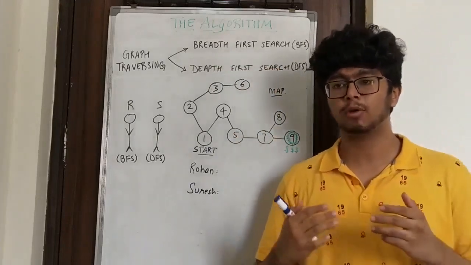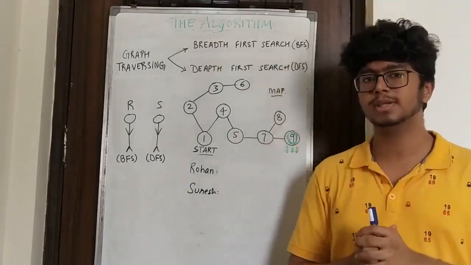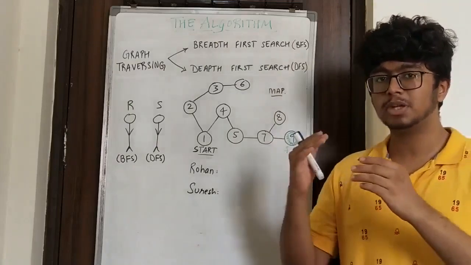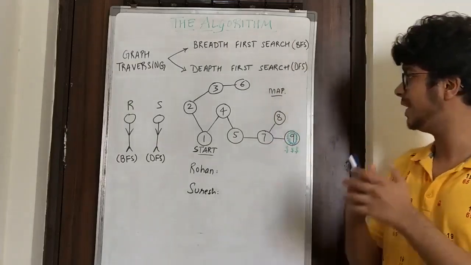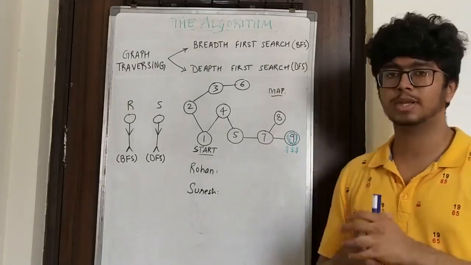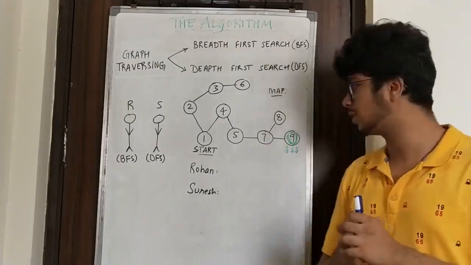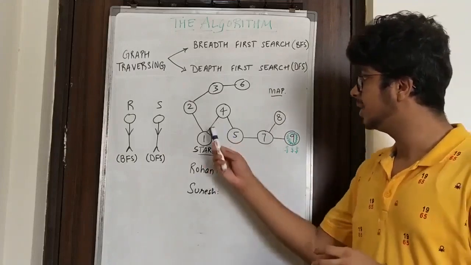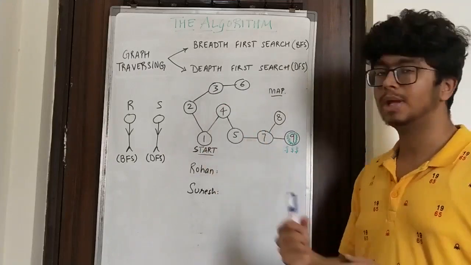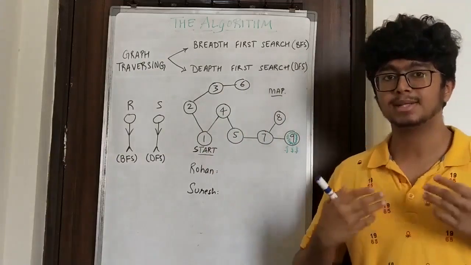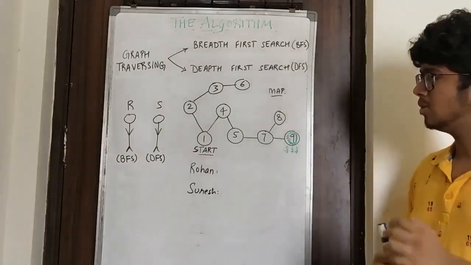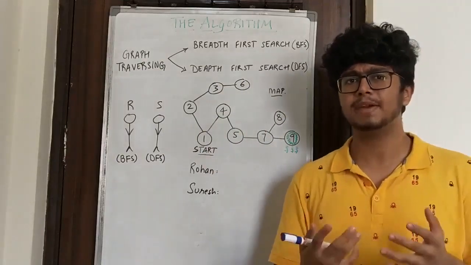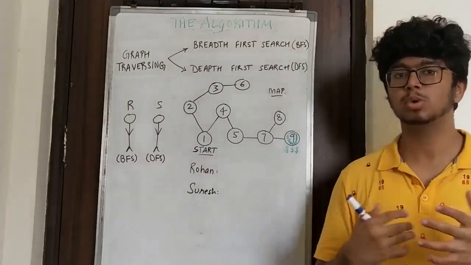Effectively, the major thing you need to do is to traverse each and every node of the graph. You may be given any graph. Now I have taken a tree over here. A tree is also a graph after all. So basically, if you start from here, you need to visit each and every node at least once, right? And that is the objective. Now, let us understand BFS and DFS with the help of a story.